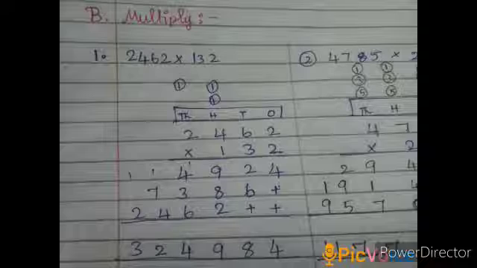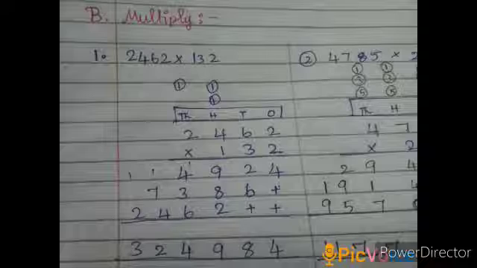Here in ones place we have 2. So now we are going to multiply 2462 by 2. 2 2s are 4. 6 2s are 12. 2, and 1 should be carried over to the hundreds place. 4 2s are 8. 8 plus 1 is 9. Next 2 2s are 4. So ones place multiplication is over. Now coming to the tens place multiplication. We have a 3.